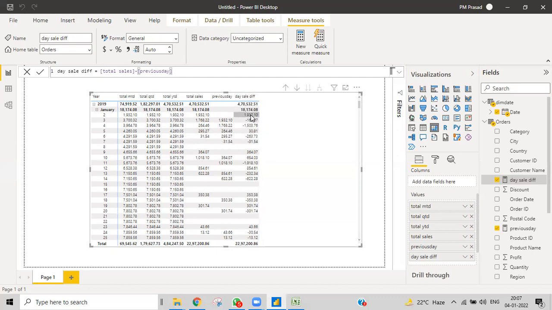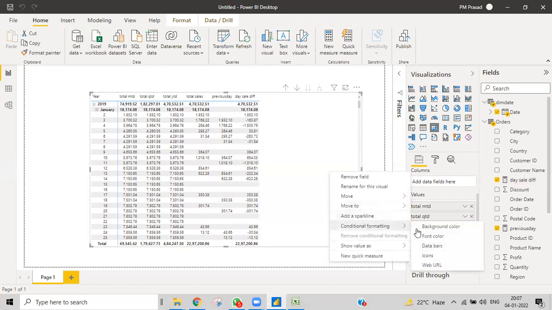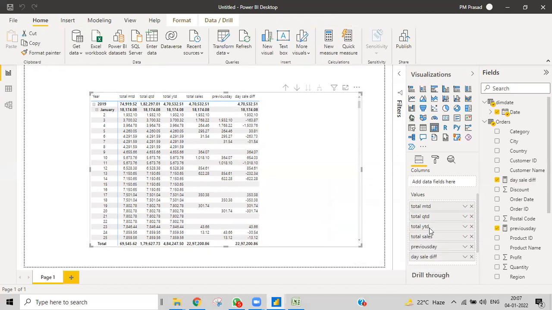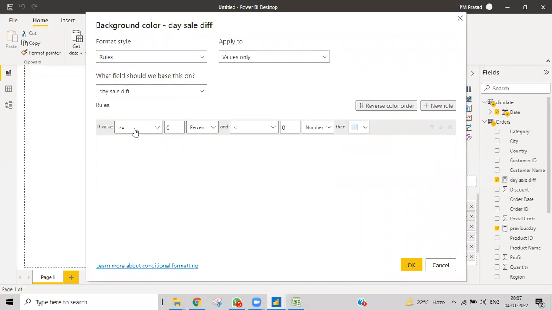Then we can apply conditional formatting to the background, based on field values, the sales difference. I want to set rules: if it is greater than or equal to 0, as a number, show one color.